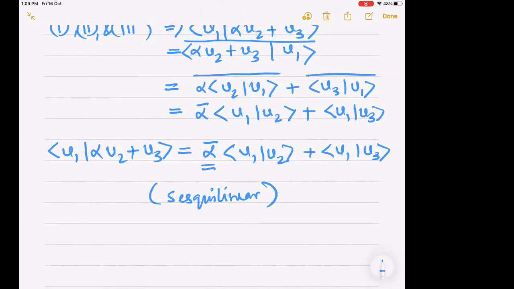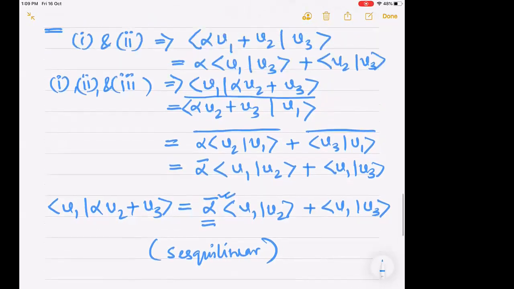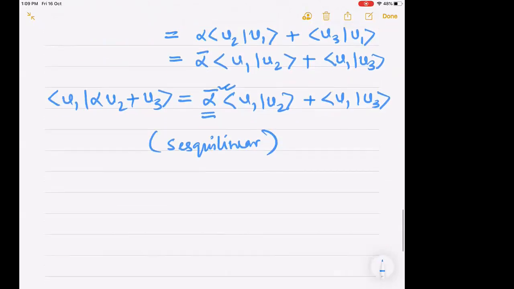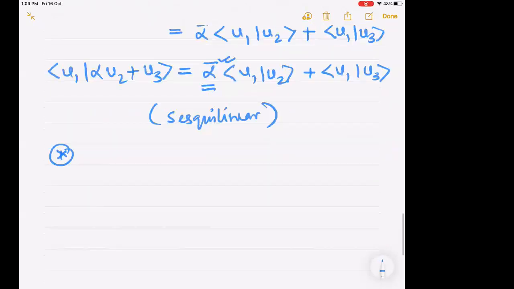Over real numbers, however, this complex conjugation will not appear, and it will turn out that it's linear in the first variable as well as linear in the second variable. So then it will be bilinear. So it's worth mentioning this point, that the way the axioms of an inner product are defined, this is bilinear,